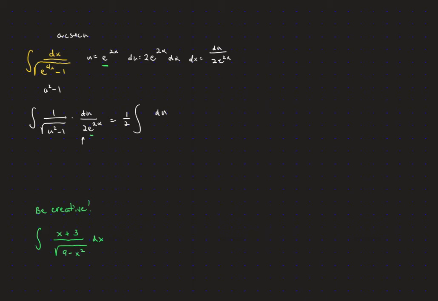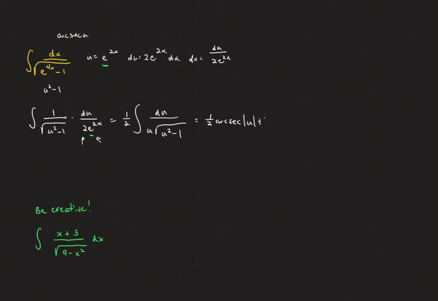Now we've got a du in the numerator, and this e to the 2x we're going to call u, and there's our square root of u squared minus 1. Isn't that crazy? That is our arc secant. So we're going to get 1/2 arc secant of the absolute value of u